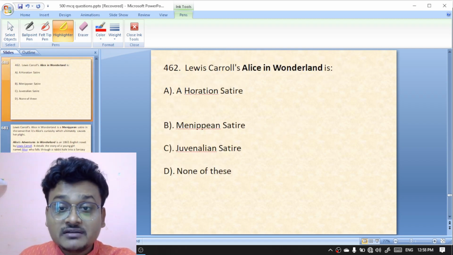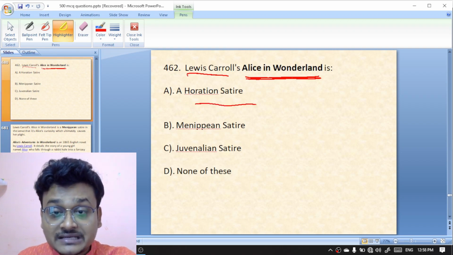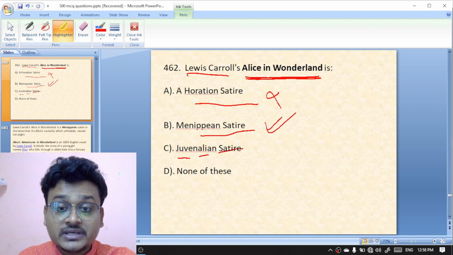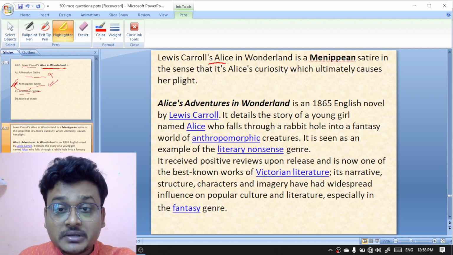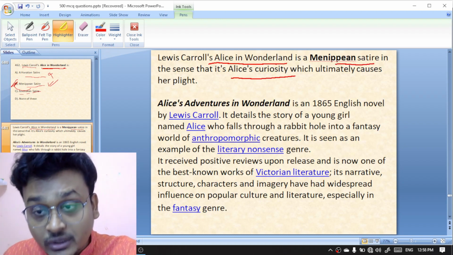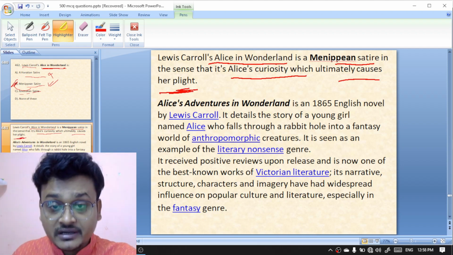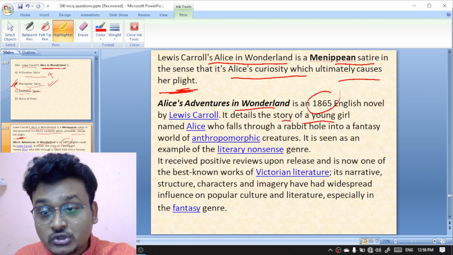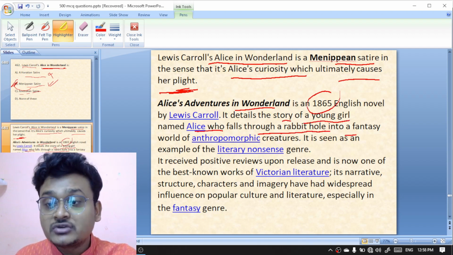Okay, next question. Lewis Carroll's Alice in Wonderland is a Horatian satire, Menippean satire, juvenile satire? It is a Menippean satire. So here B is the right option. Okay, and look at this explanation. Lewis Carroll's Alice in Wonderland is a Menippean satire in the sense that it is Alice's curiosity which ultimately causes her plight. Alice's Adventures in Wonderland is an 1865 English novel. It details the story of a young girl named Alice who falls through a rabbit hole into a fantasy world